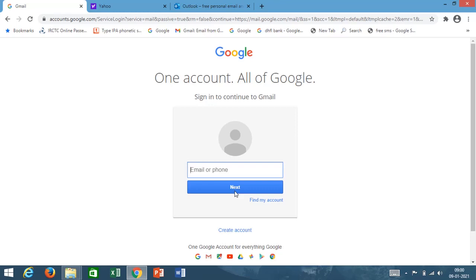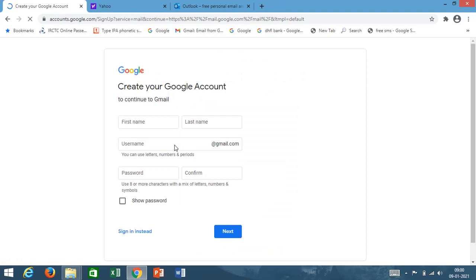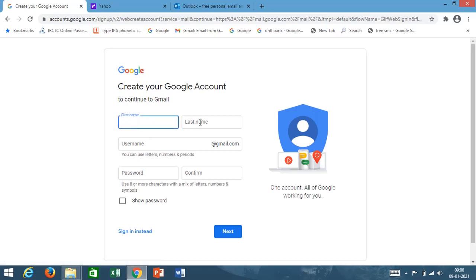Now if you do not have an email ID, what you need to do, just down here you can see there is an option called create account. So go to create account. Now it will ask you certain things. Let us say it is asking you first name and the last name of yours. Now you need to put a user ID. Just for an example, I am giving one example. Let us say I am putting Amit Kumar, and here I am putting Amit 2021. Now come to the password.